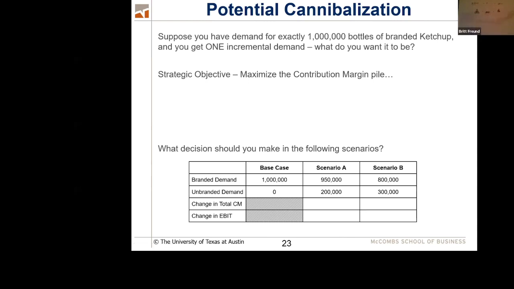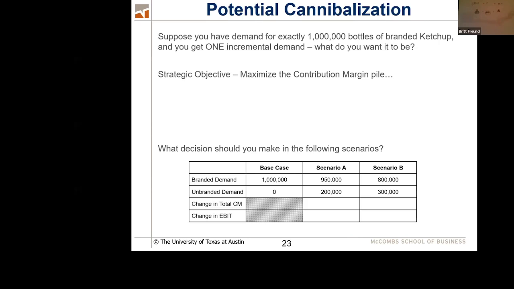Last thing to close out. The real problem with scenario B is not only that we make less money, it's that we really don't have any choice here. Because if scenario B is correct and we're poorly branded, and if HEB offers a cheaper brand, people are going to switch from our brand to the cheaper brand. If we say no, we may think we're going back to the base case where we just keep selling 1 million of our own because we refuse to make the HEB brand.